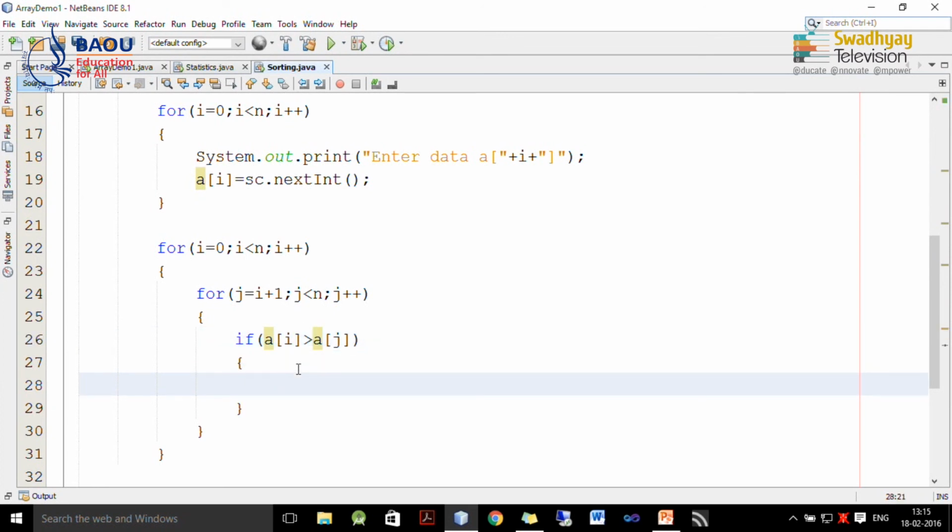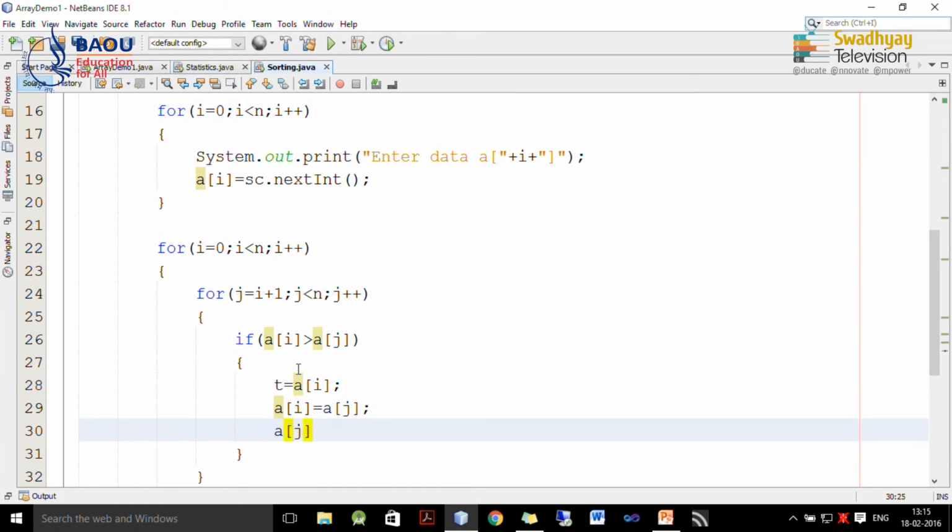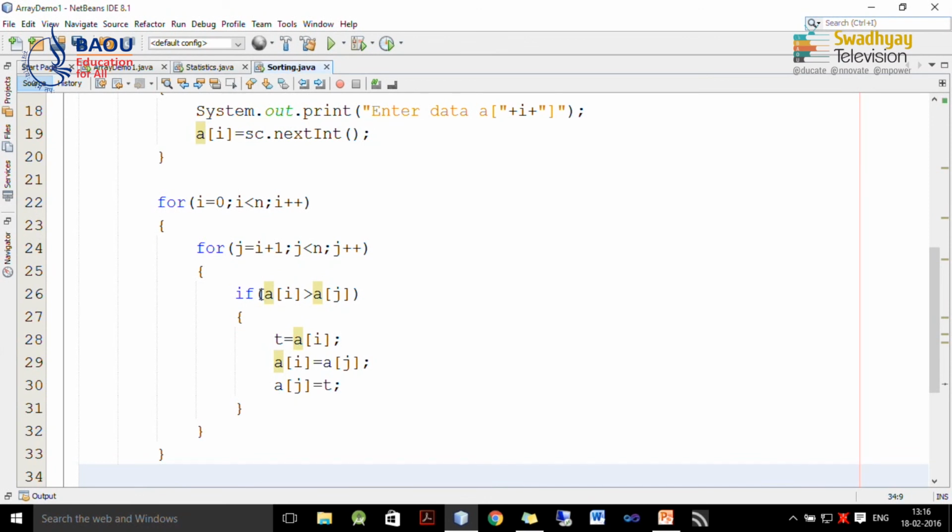That means, any element which is less than the first element in the first execution will be replaced with I. So, here I exchange A of I with A of j.